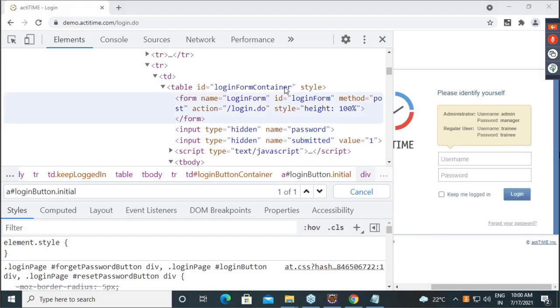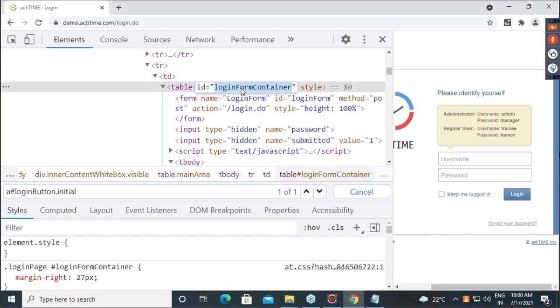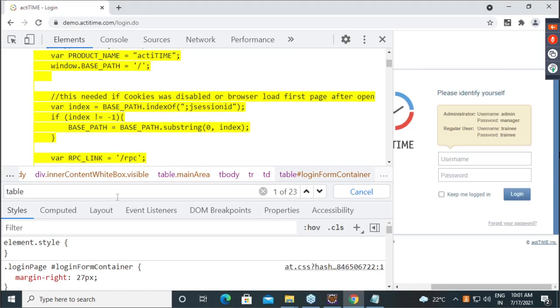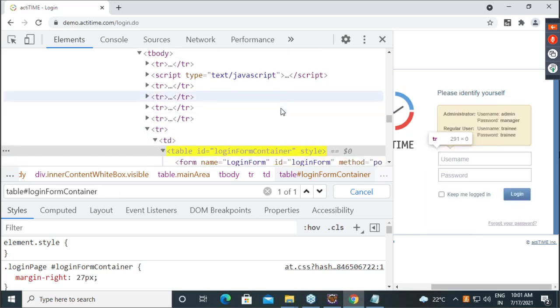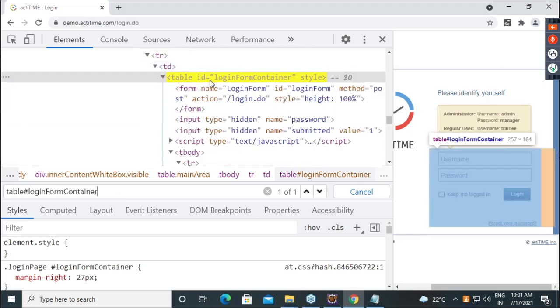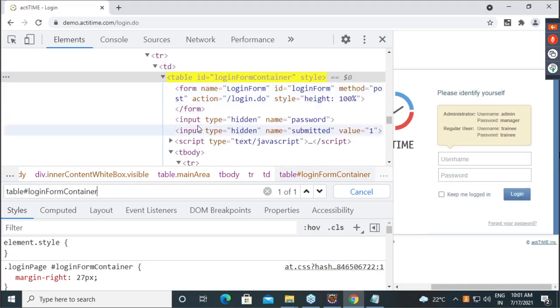Okay, I will remove this drawing. Now see, guys, this is my ID. So can I make a CSS selector now? Table hash ID. Is it coming here? Now from table, where do you want to go? Input, nothing but parent to child.